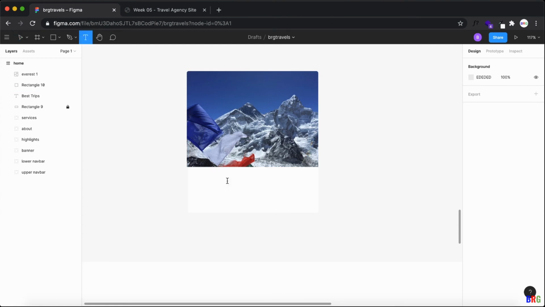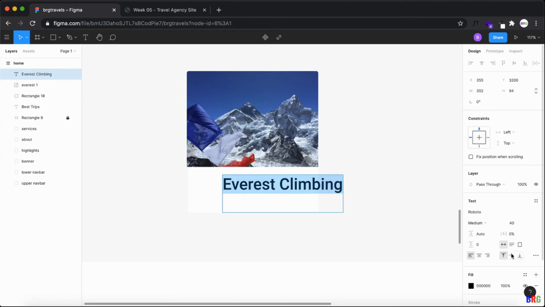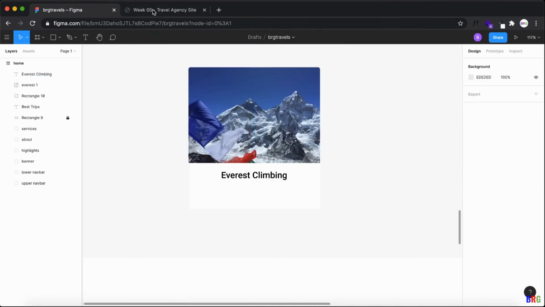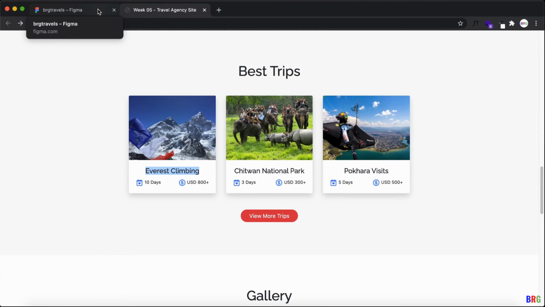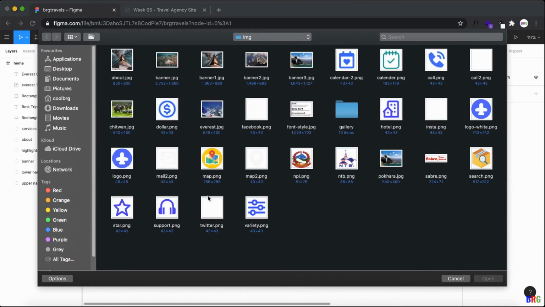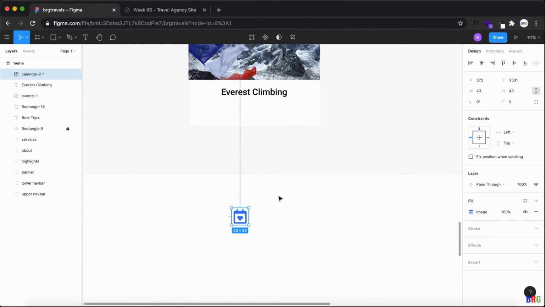Text here, Everest climbing. Let me resize to something like 22, which we are using as standard. And then one is 10 days and US 800. So let me use the calendar. Where is the calendar? I have a calendar here outside of the frame.